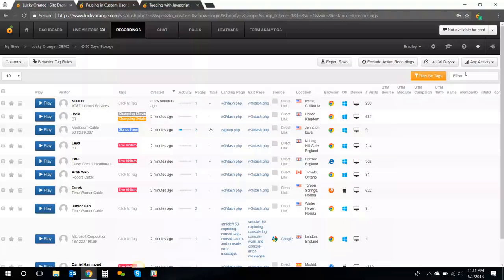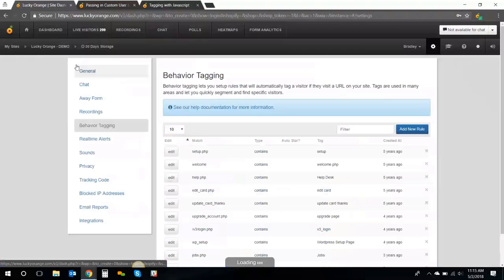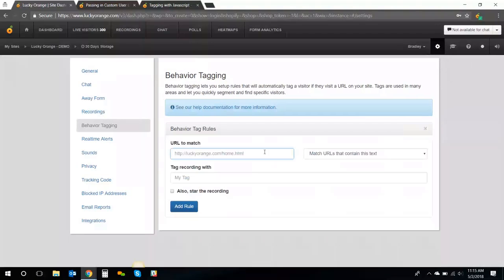And again, you can filter by different columns that you want to, so specific users, or you'll be able to filter by tags. Tags are key pieces of information that really do help filter down users based off of two criteria. The first way you can set it up is here at the top left of the Recordings tab in Behavior Tag Rules. So you can click on Behavior Tag Rules, and this will allow you to set up URL-based behavior tags. So when you come in here, you can either enter a full URL,